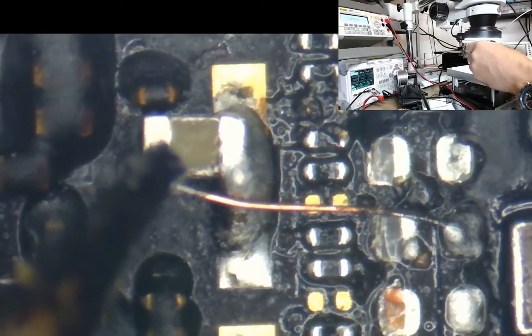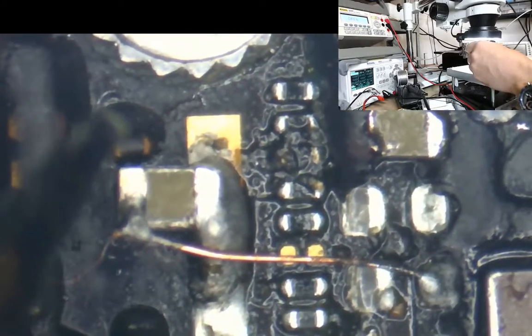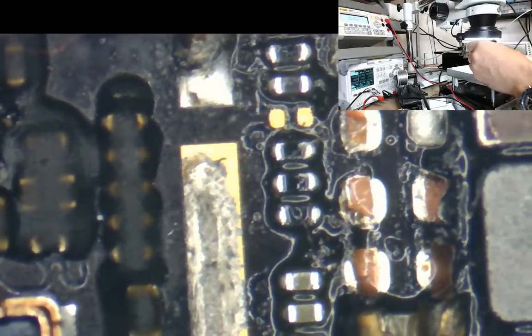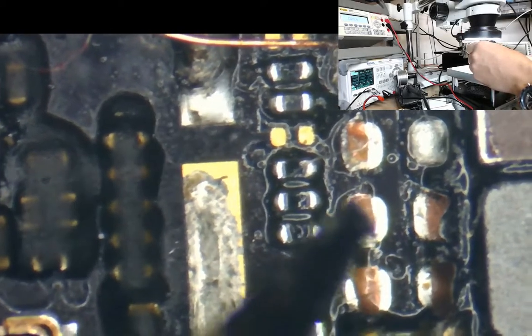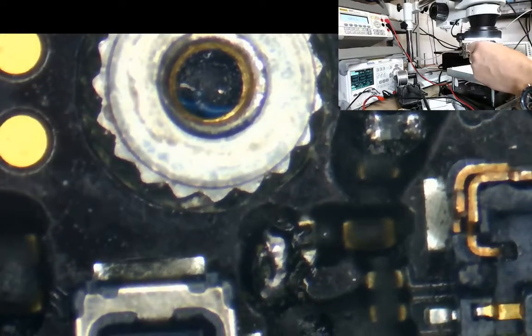Why do you put a capacitor here and not back on the pads where it's supposed to go when there's nothing up with the pads? They've put one capacitor in, they've ripped out 1, 2, 3, 4, 5 capacitors, and these two here have nothing to do with the backlight. Have they done that by accident? I'm not sure. The other thing we have, if we go down here, this filter,